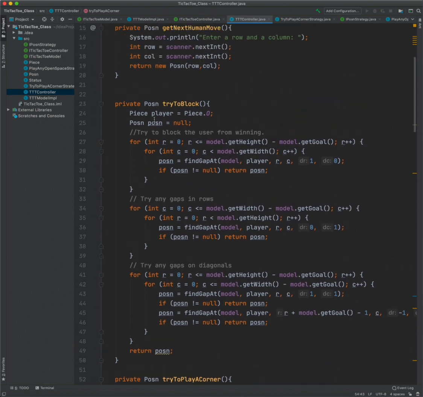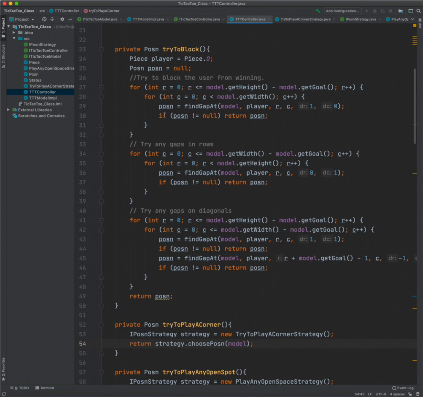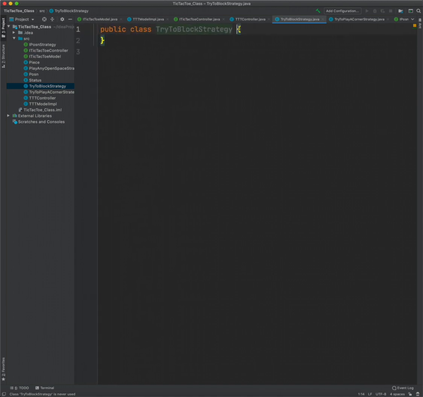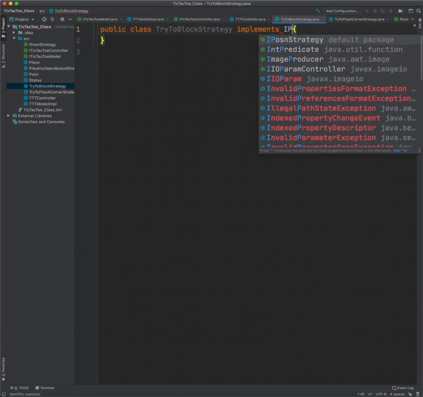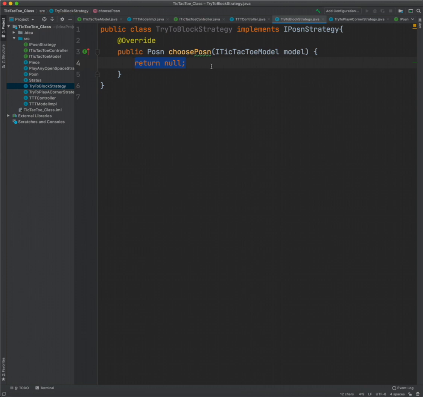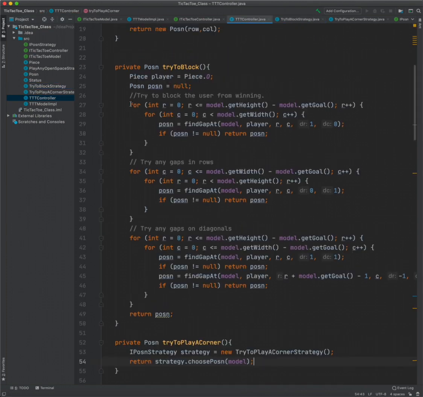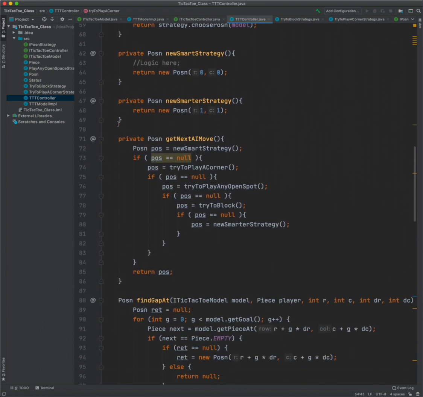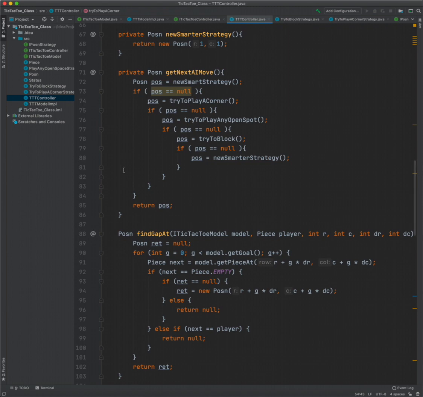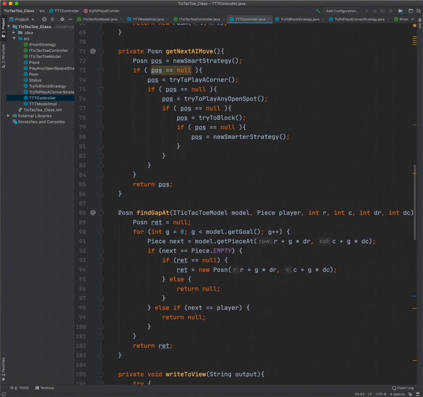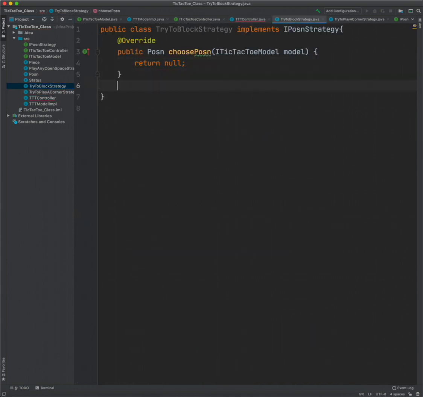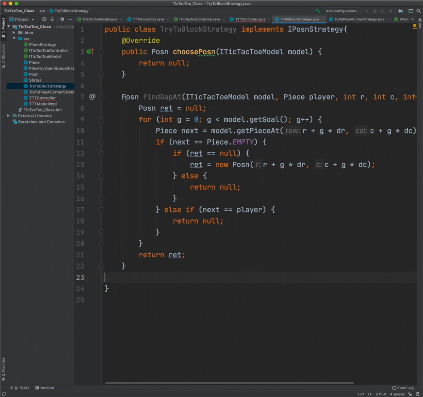All right, and I'll get all of this now. Try to block, right? So we'll make that one. So we'll say try to block strategy, and we'll say implement IPositionAndStrategy. We'll take the code from here. I think I also need to get the helper. It wasn't try to block. I think it's was it find gap? I forget which one. Yeah, it was try to block, but we need both. We need both of these. So I'll take this one, find gap at, because that's the helper one, I believe. We'll put it here. We'll make this private,